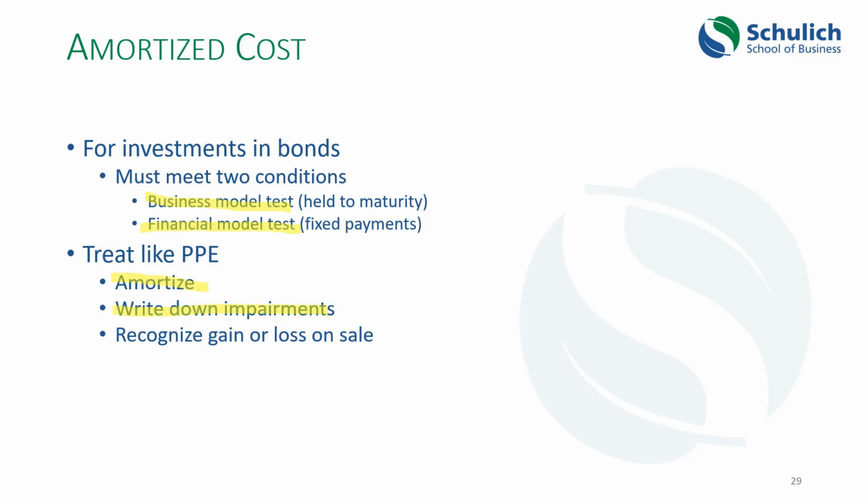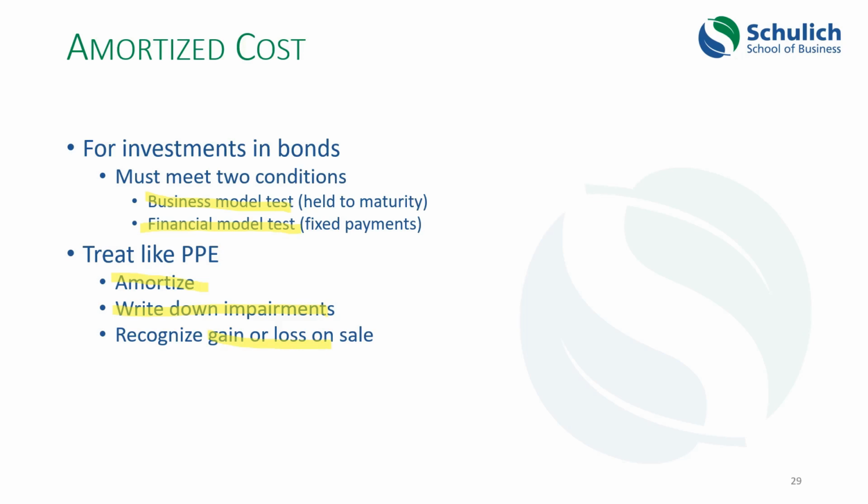And at the end of the day, if your amortization that you had laid out is not perfect and you haven't arrived at exactly the same number for the book value of the investment and the market value of the investment, then you're going to have a bit of a gain or loss. And so when you sell those bonds or receive the value of the bond back from the investee, then you're going to recognize a gain or loss at that point.